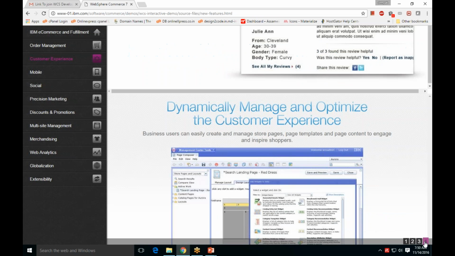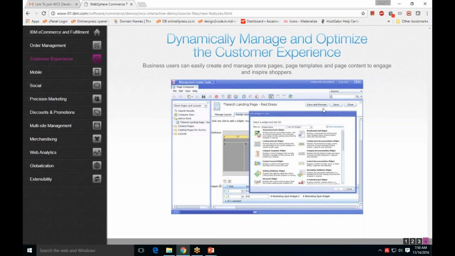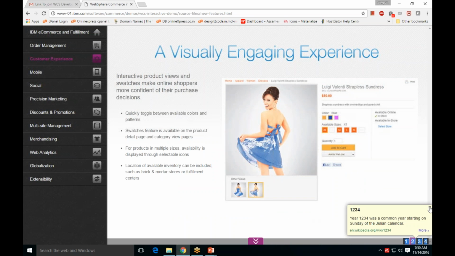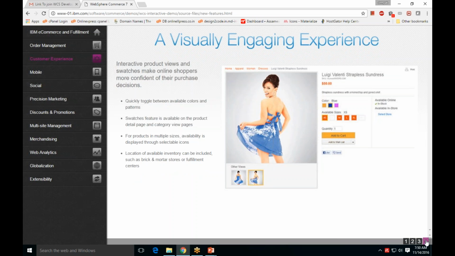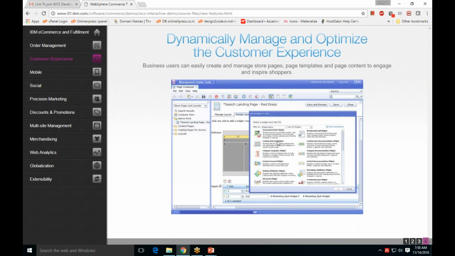And to manage all of these, there is also a tool that is provided by WCS. In fact, there are a lot of tools that are provided by WCS. The one that you see here is called the WebSphere Commerce Management Center tool. Now this tool helps you configure all these features that you saw, right? Ratings, reviews, or product details, other things. So we'll talk about this tool later on when we discuss tools and other things in our course. But yeah,